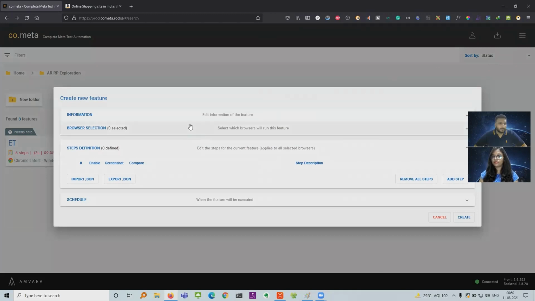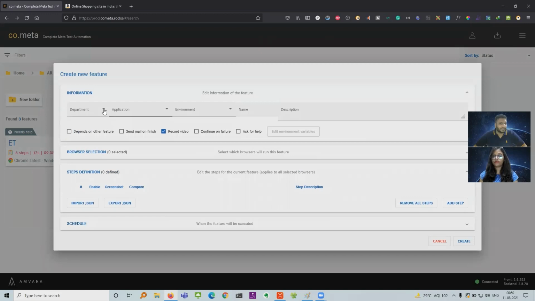If you click on this plus icon, you get this wizard, create new feature, where you can add the information. So I'll select the department as ARRP, put the application as default, select the environment as prod, name the test as Amazon Alexa test.